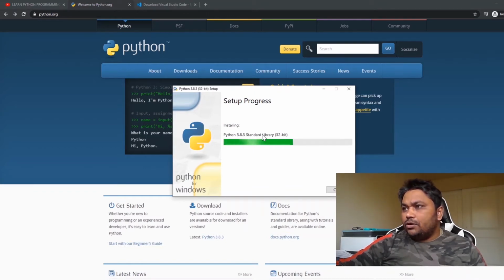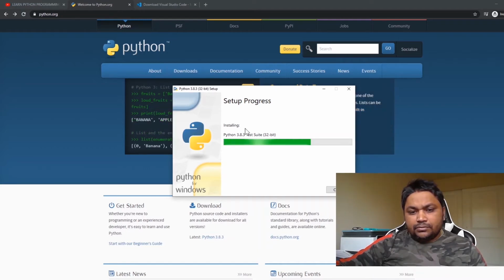As we all know, Python is one of the strongest languages we have, and one of the most used languages. Let's wait for the installation to complete.